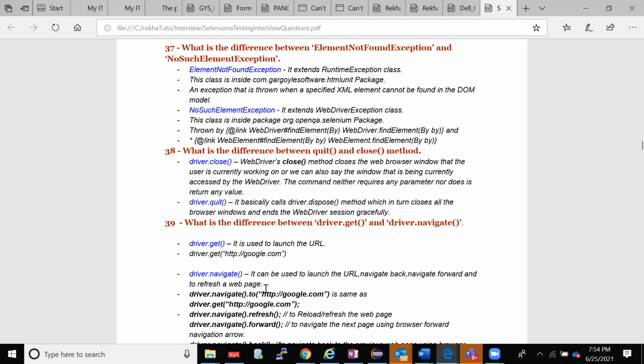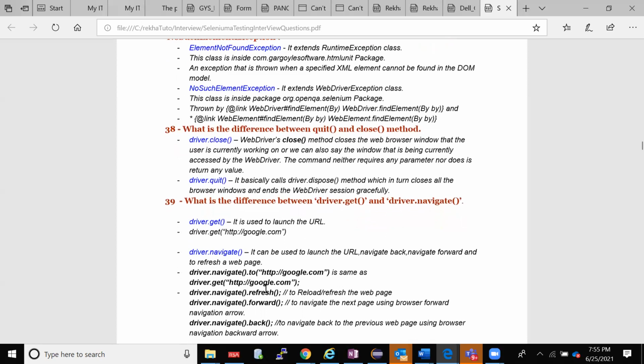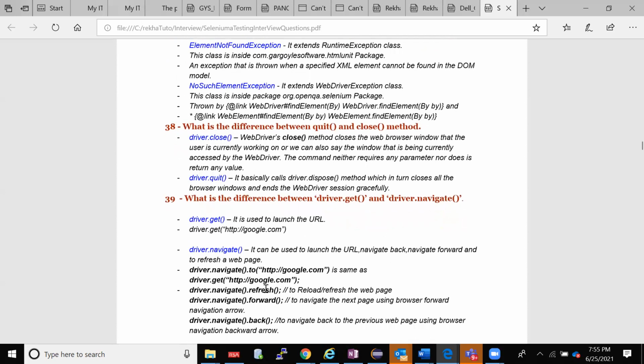Basically, initially you will do driver.get, right? Then instead of clicking on that element, you will just do driver.navigate. You will pass that URL here. Okay, so after you do that, then you can do forward, you can do back, then you can do refresh. You have so many features, right? Again, if you want to get back to the main browser, you can get into that.